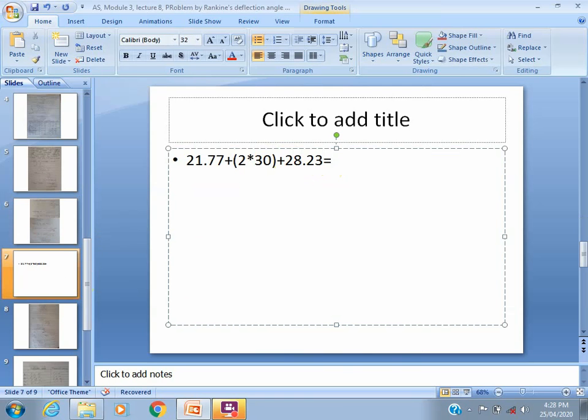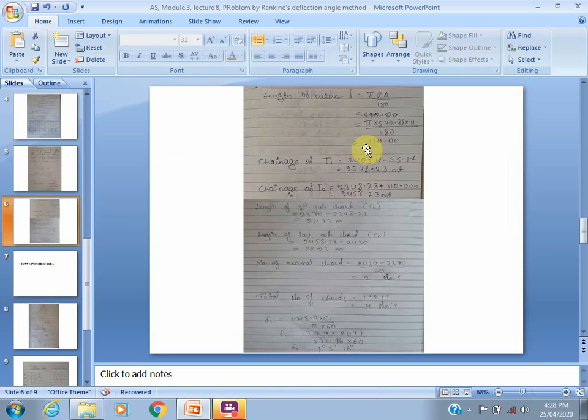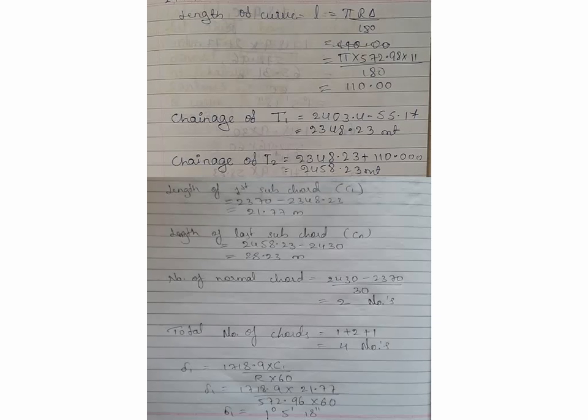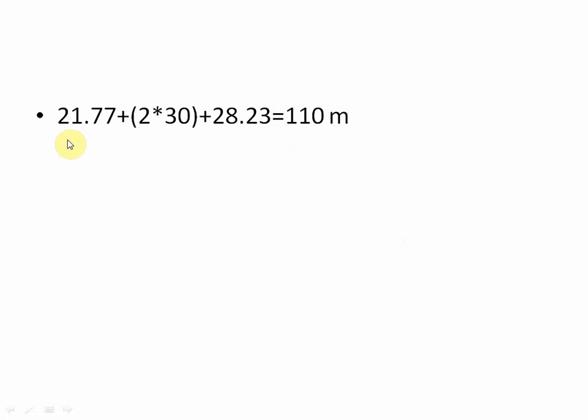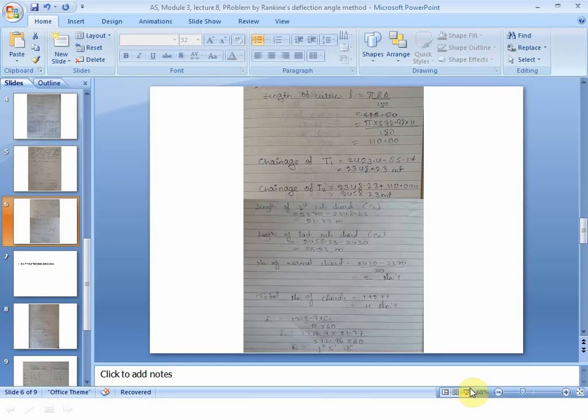So just add these all, you should get the length of all the chords nearer to the length of the curve. Okay, so 21.77 plus 2 into 30 plus 28.23, so you have got here 110 meter, correct? See, 110 meter. Now you can check here the length of curve is 110 meter and the length of all the chords I am also getting here is 110 only. Okay, so this is how you need to take